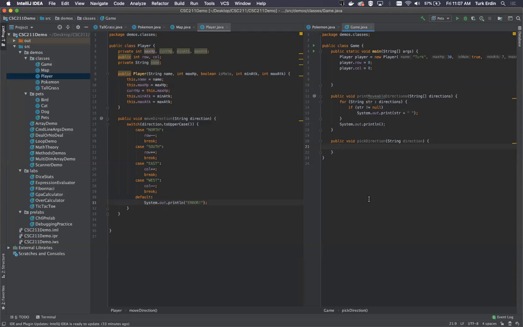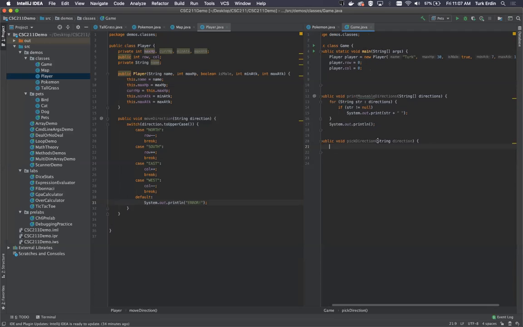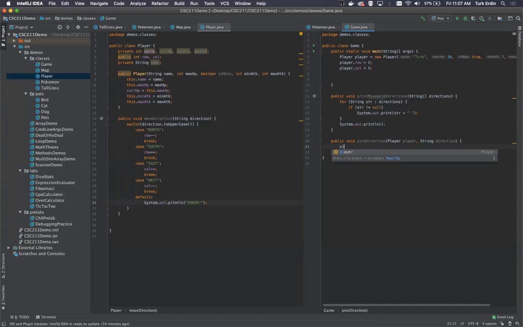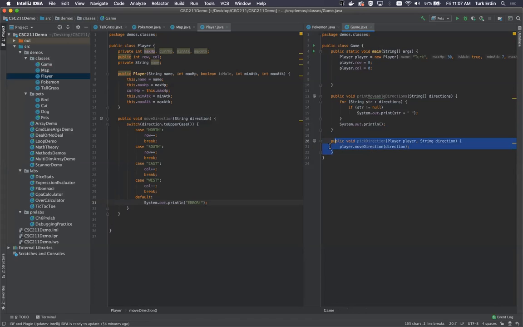And we're just going to say player.moveDirection. What I've created here is kind of like a helper function. Basically, it's moving data that exists in this class into the player class so that the player can interact with it. I don't know why that doesn't light up. This should be lighting up. Anyways,